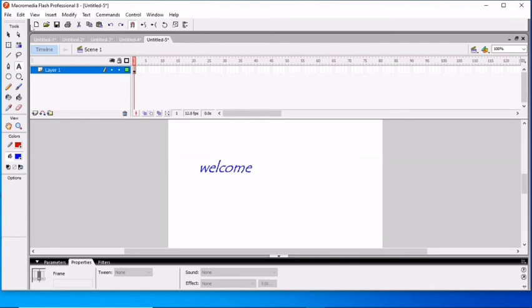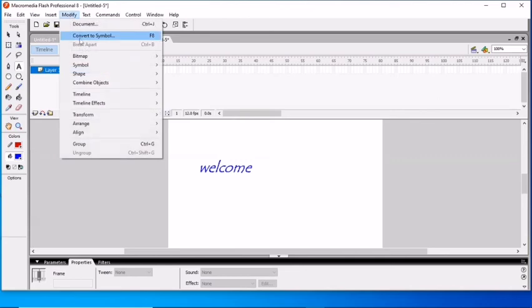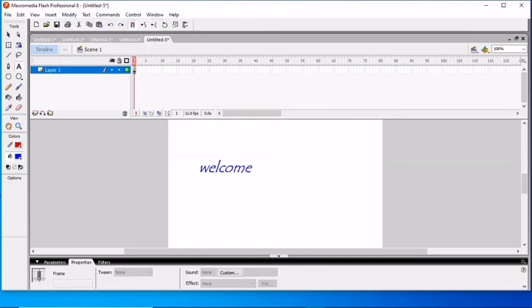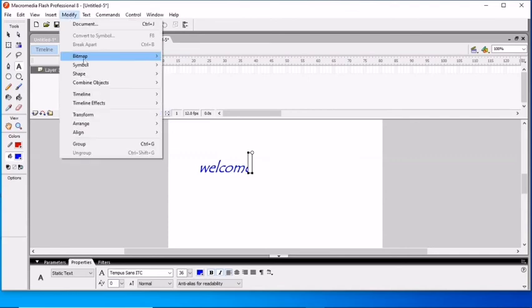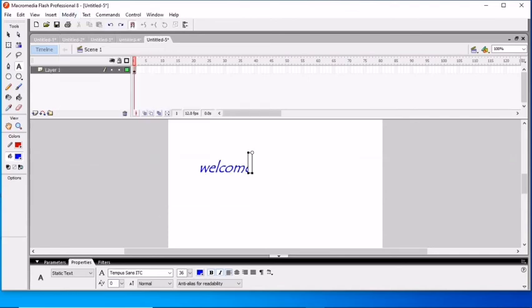Each time you select this, Modify, and this time this becomes dull. I select this and Modify, and you can see if I want to select it, the line does not appear. It means this becomes a shape, that's why it is not selected.